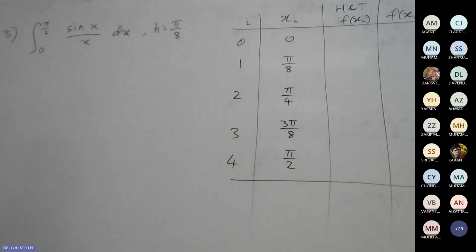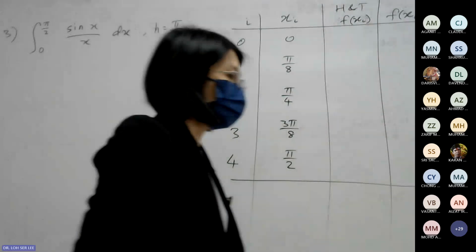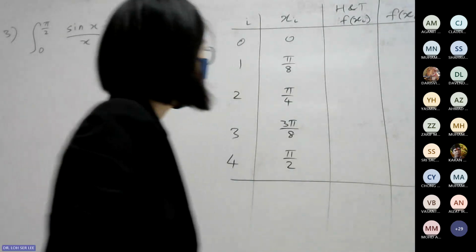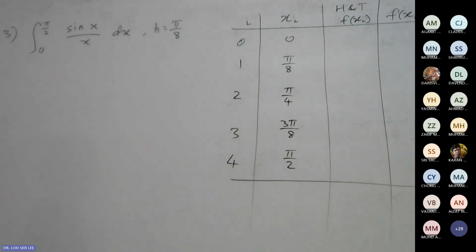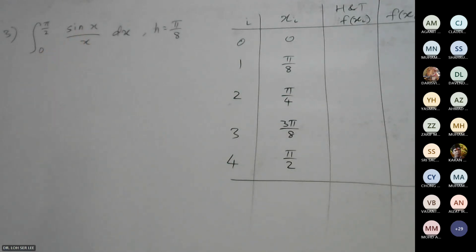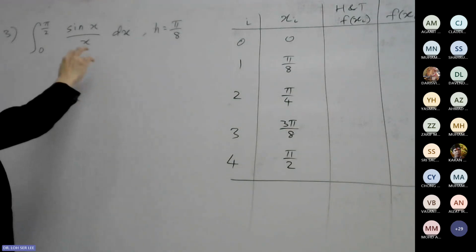Okay. When x is 0, what do you get? 0. Then 0. Error. Have you tried? When you substitute 0, of course you get error. Over 0, of course you get error, right? Okay, so this one,